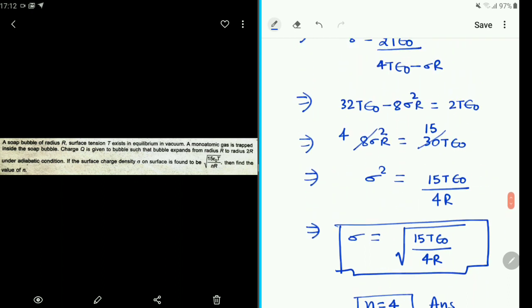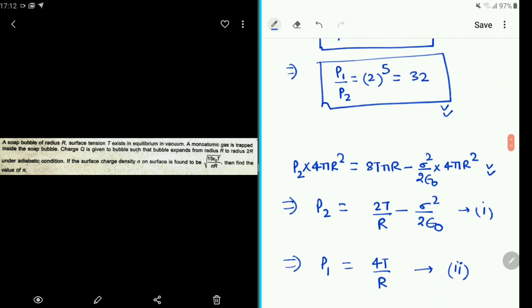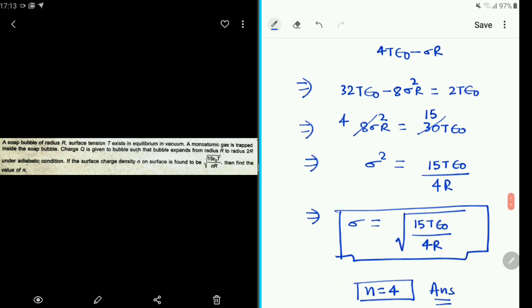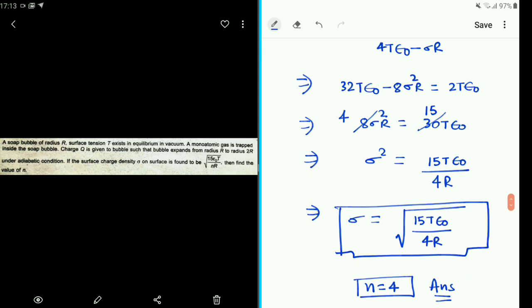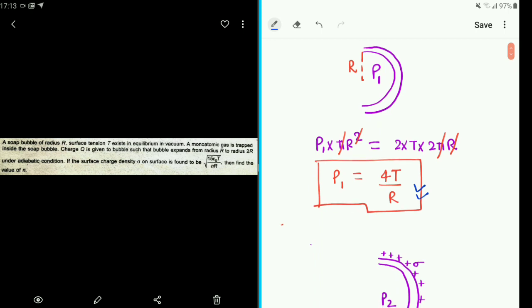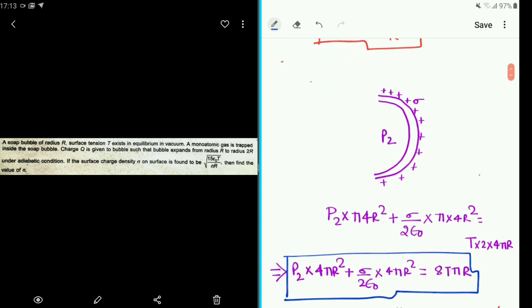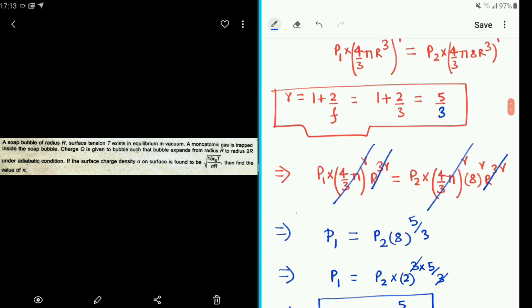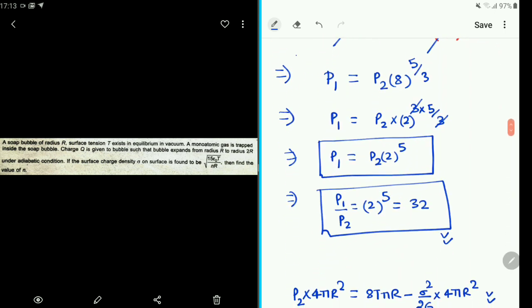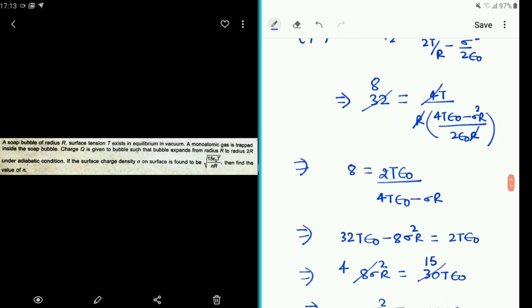So this was a very good question. Lots of concepts were involved. Thermodynamics was connected to electrostatics, which was connected to the concept of surface tension and excess pressure. You can expect these kinds of questions only in your Advanced and Mains. They never ask you a question based on a single chapter. Now the trend is they use multiple chapters and create a question. So I'm sure that this question will help you in a better revision. Alright, so stay tuned.